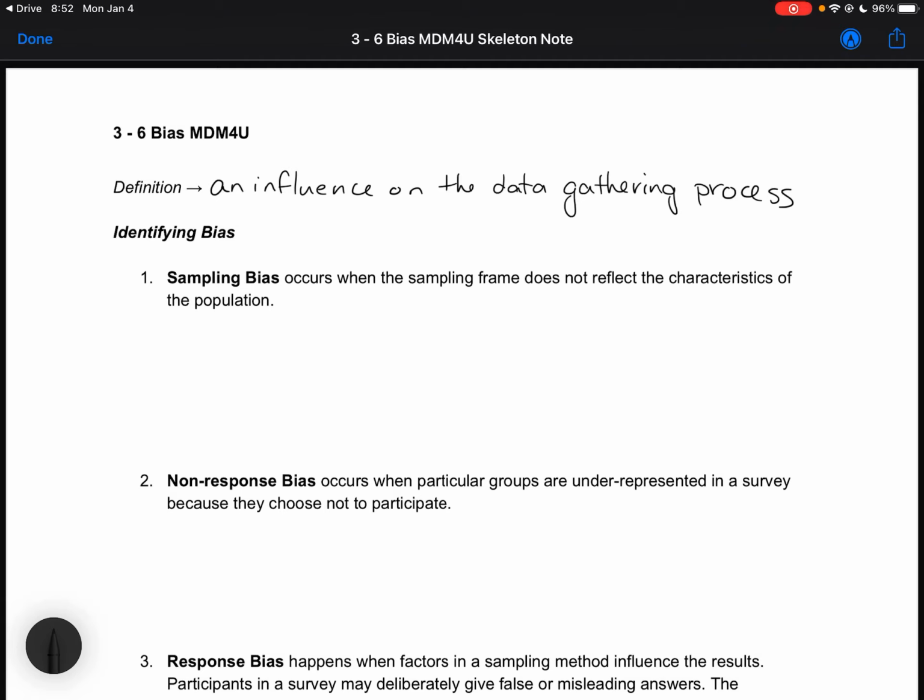So the first thing that you need to be able to do is identify bias. And we're going to look at 4 different types. So the first one is sampling bias, which occurs when the sampling frame does not reflect the characteristics of the population. So for example, a survey asks